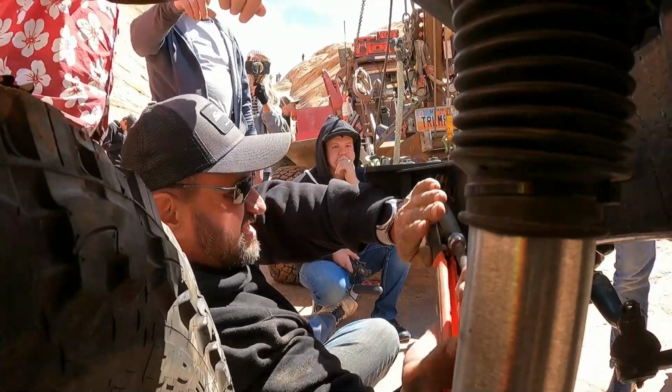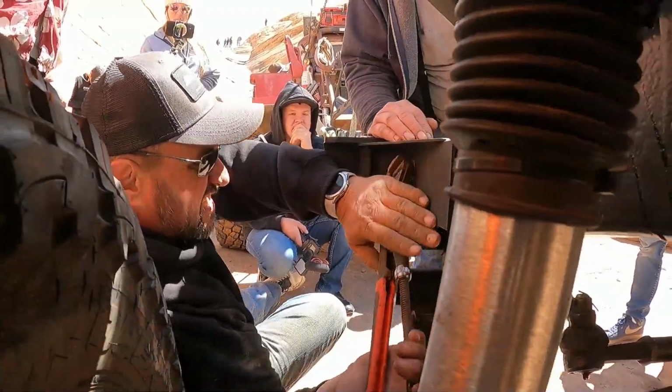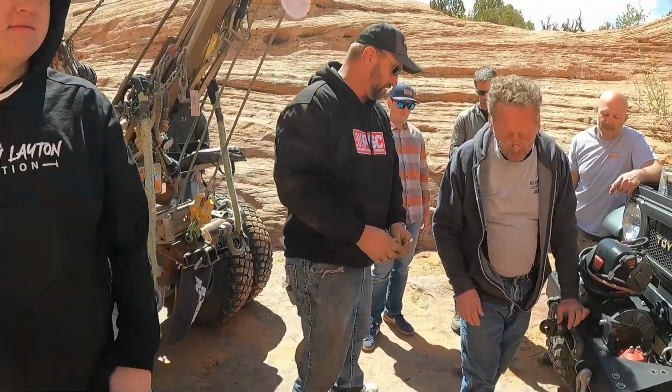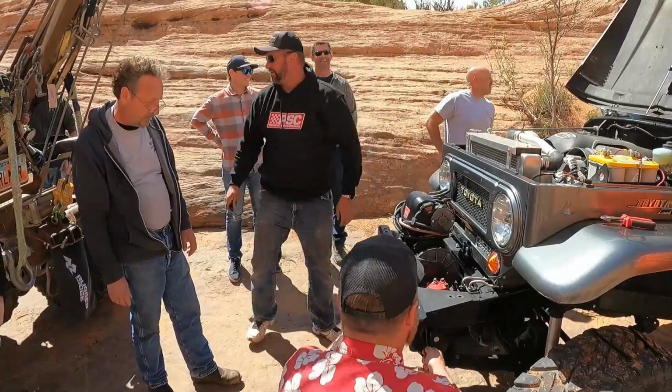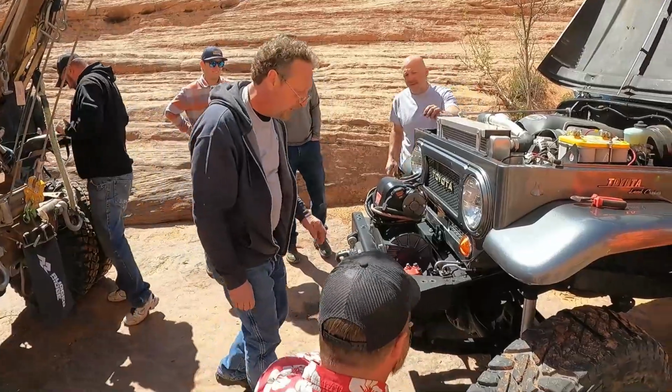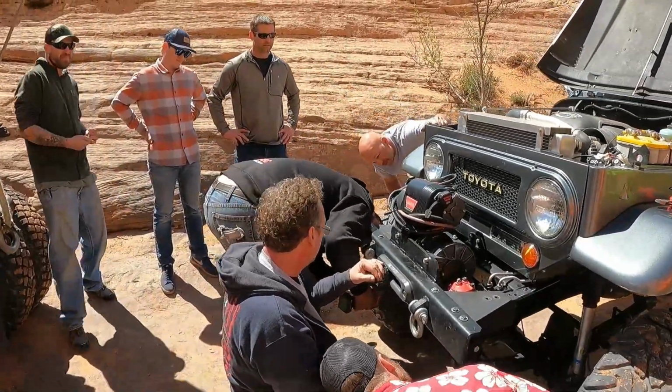The shaft is off the splines there. Is it a half or 13? Yeah, I've got a half there. I don't know whose it is. I'm going to have to pull the front of this bumper off to get to it. There's a nut on it. I was just going to say, you might be able to get it, but I think...